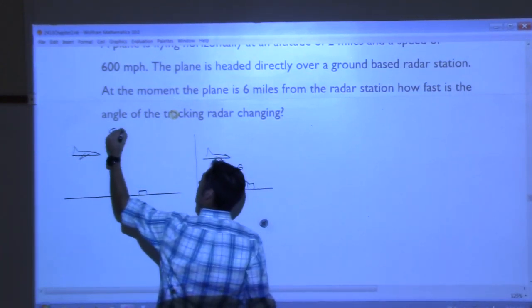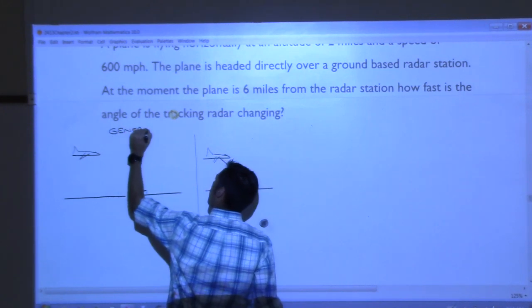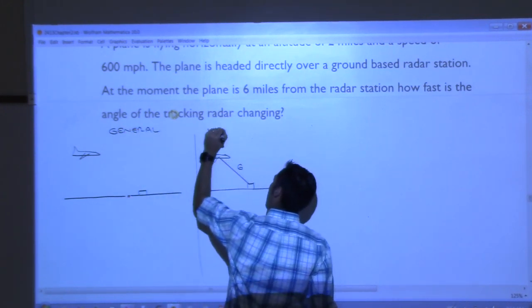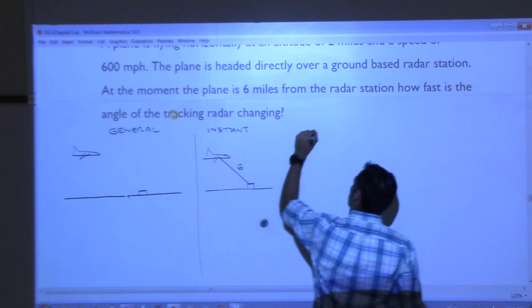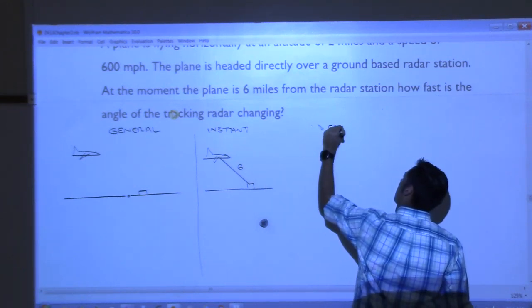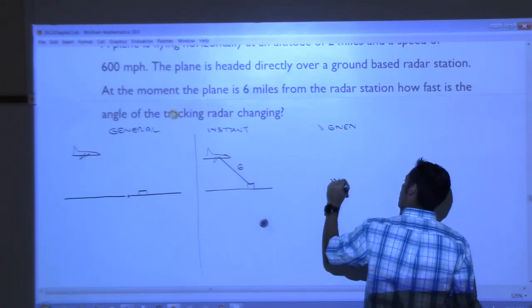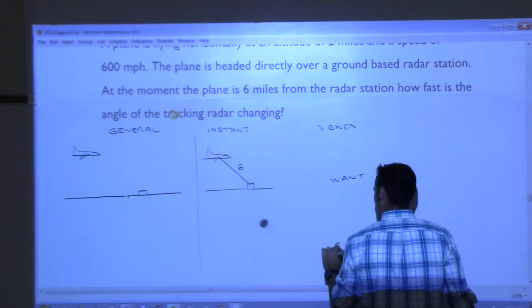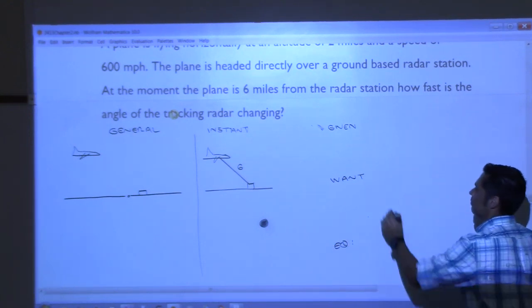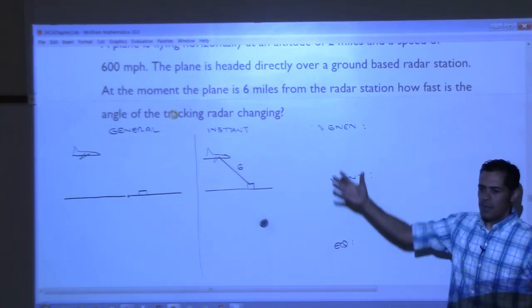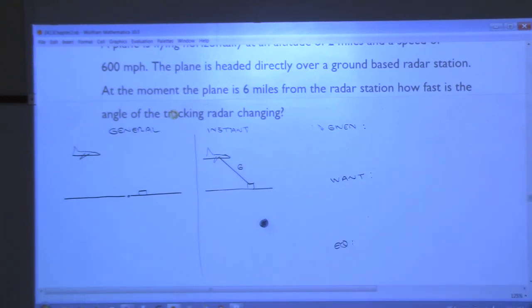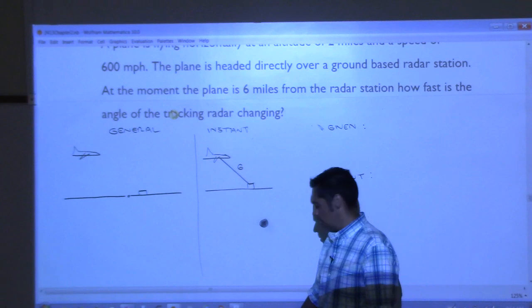So our general, this is our instant. This is what we are given. This is what we want. And this is our equation. This format that I've been giving you will work 90% of the time. All right? There are some problems that this won't work with, but